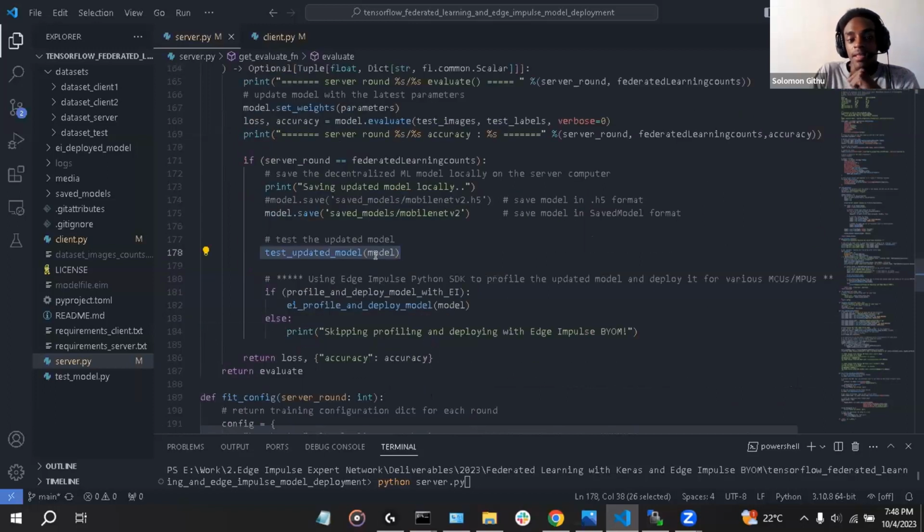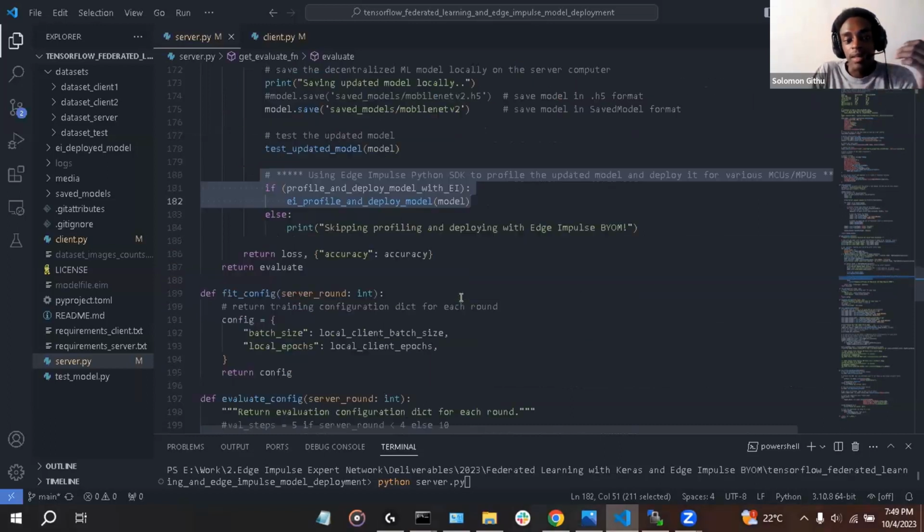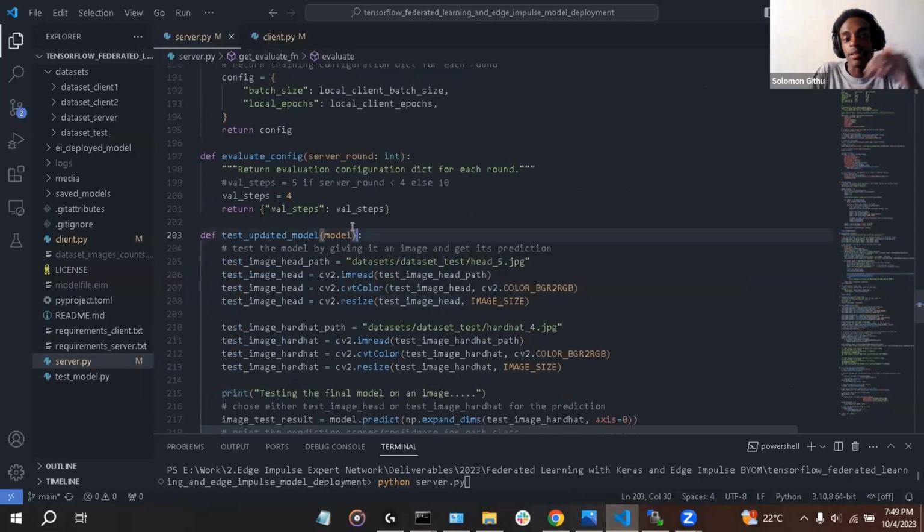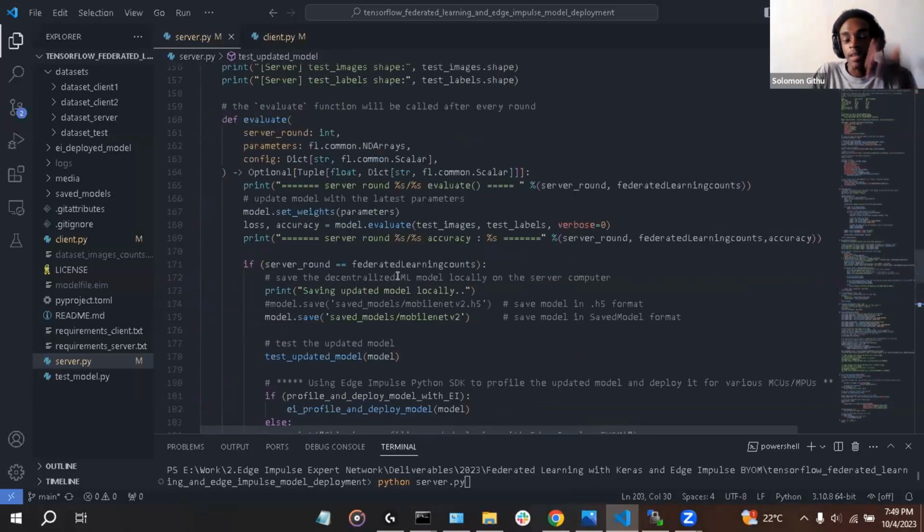After testing this model, we will use Edge Impulse Python SDK to profile the model and also to deploy it. And I will show this later. And that's basically it. So we have the server.py script, and this script basically will initialize a model.